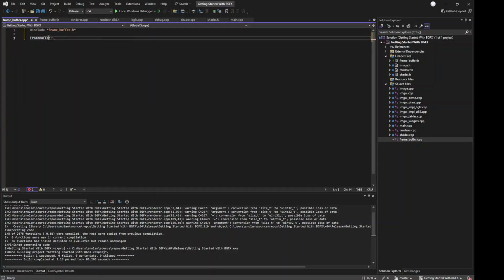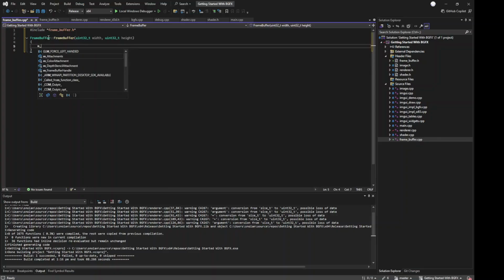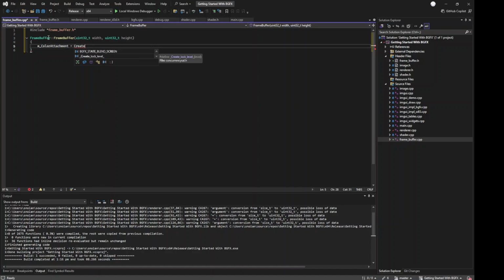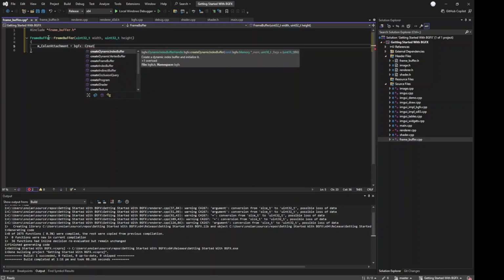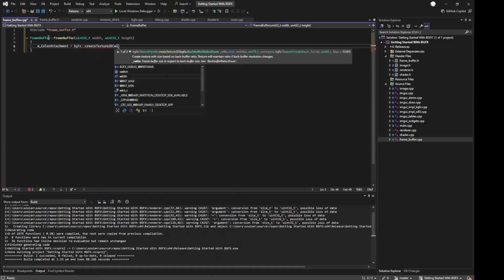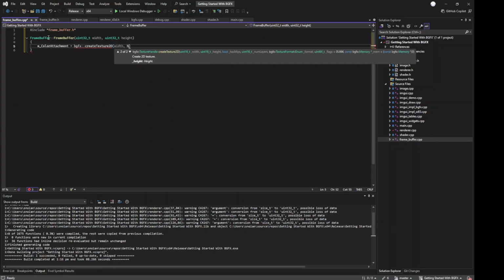First thing to do is we'll do our constructor. So this is where we will build our frame buffer. So we'll take in the width, take in the height. First thing to do is we'll create our color attachment. This is just going to be creating a texture. So create texture 2D, give it a width, give it a height,